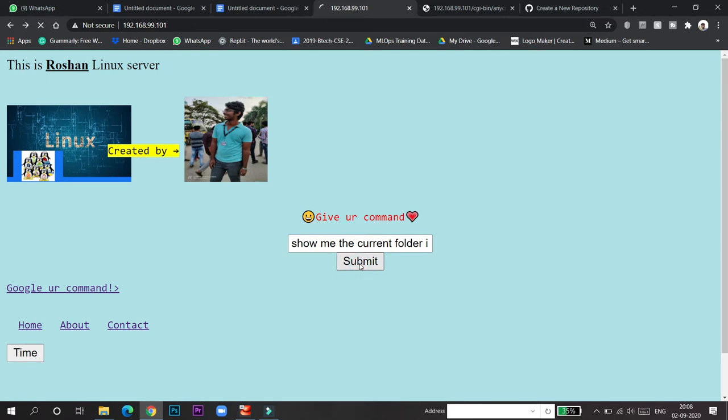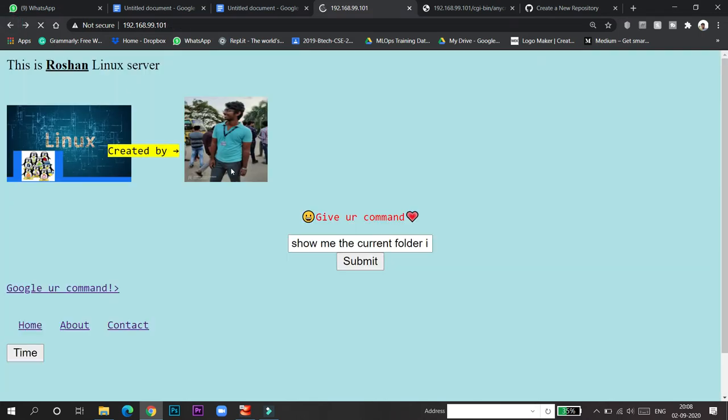If I submit, as my Linux server has gone to the CGI bin folder, it will show you my /var/www/cgi-bin. So it's very cool, you know. Without knowing the Linux commands, if you type what you desire, it will show you the required thing.